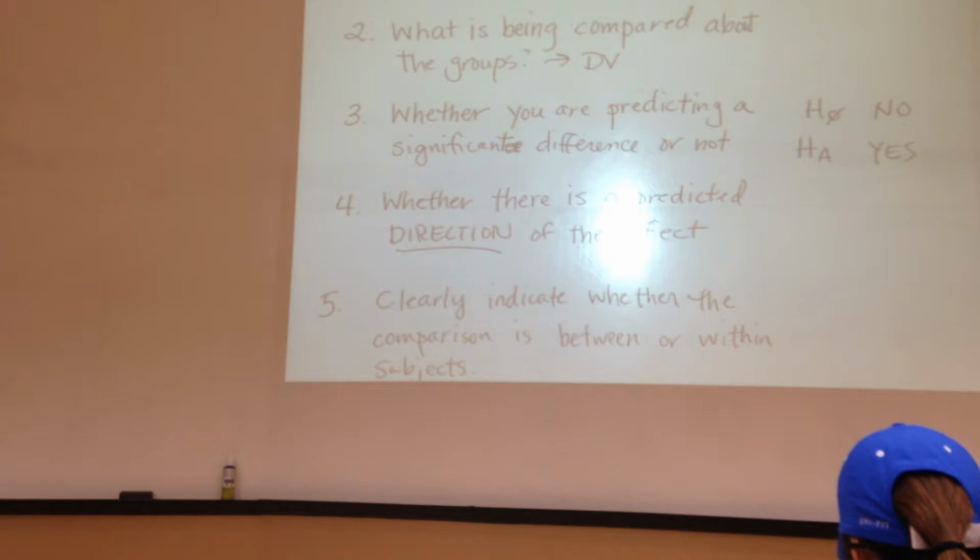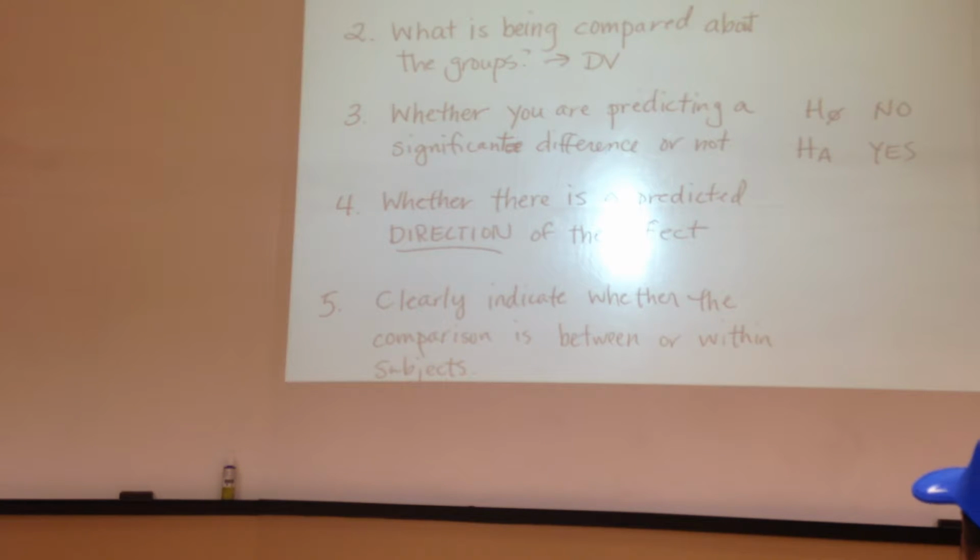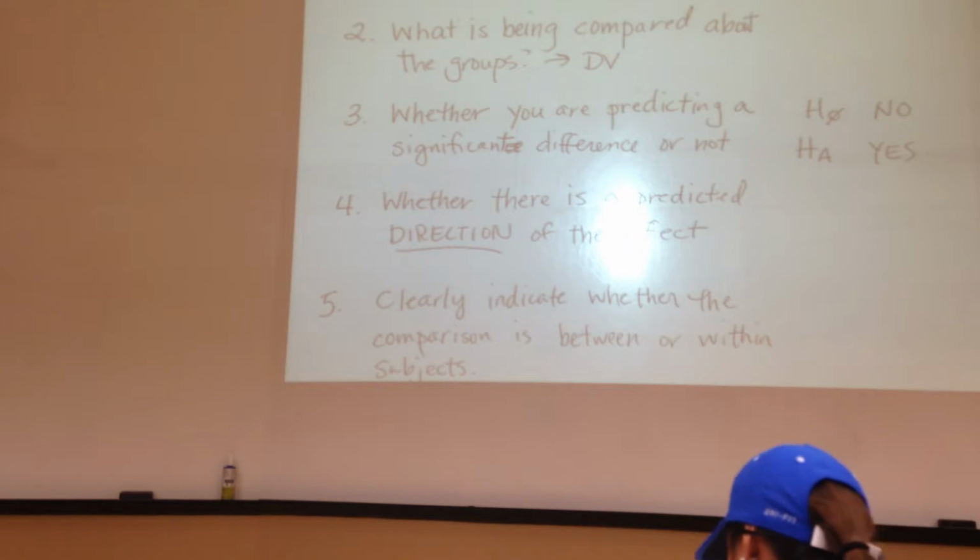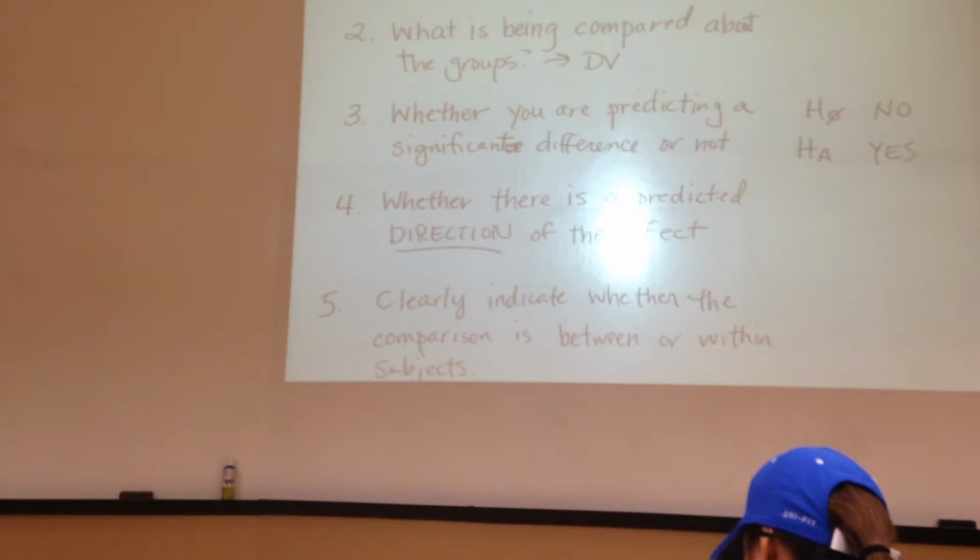Now the great thing about doing this at the beginning, before you do anything else, is that it makes you think about what are the comparisons you're really making, what is it I'm really looking for, because obviously at the end, our statistic, after we do all the math, we have to decide whether we're going to retain or reject the null hypothesis, right? So we have to evaluate the null hypothesis. That's the last thing you do with any statistic. Well, if you don't know what the null hypothesis is, then how are you supposed to evaluate it? But once you decide whether you're going to retain or reject the null hypothesis,